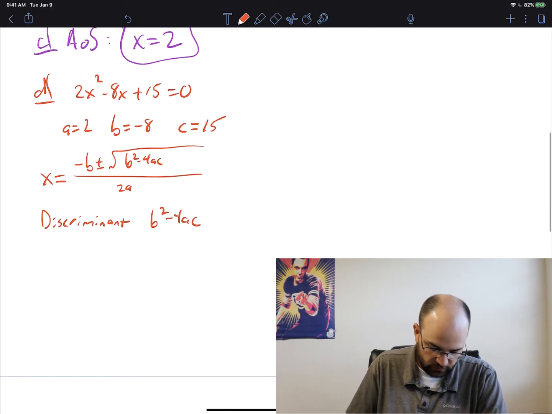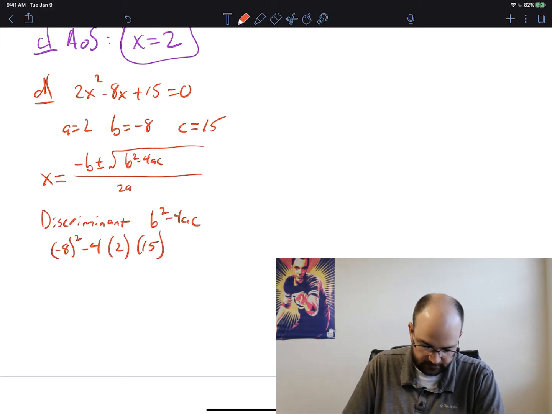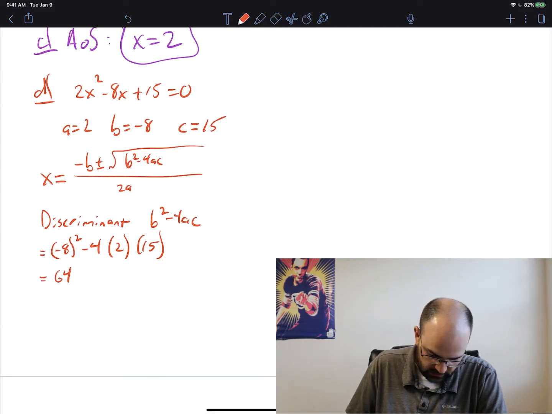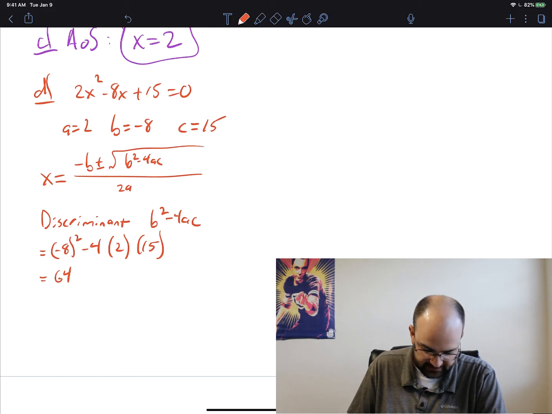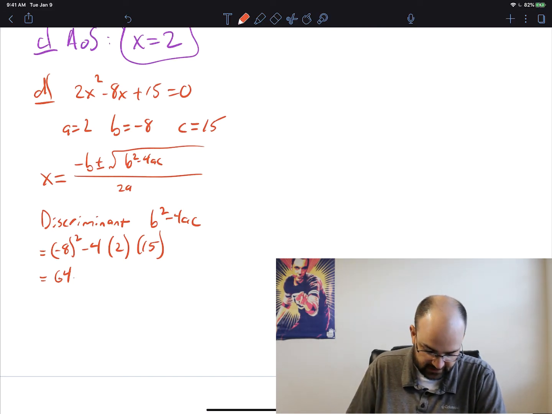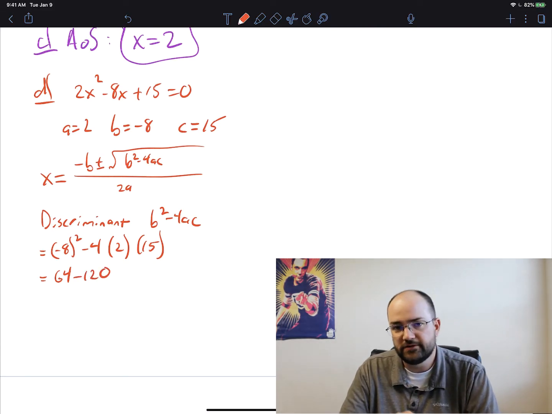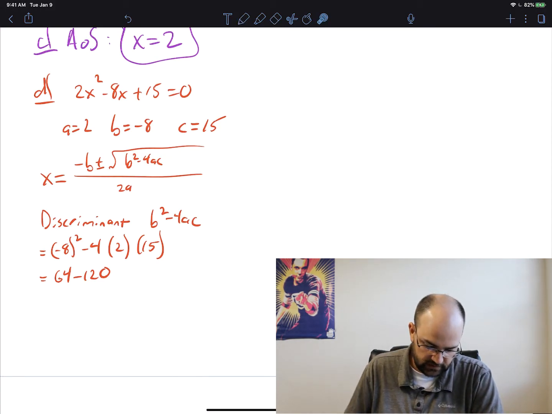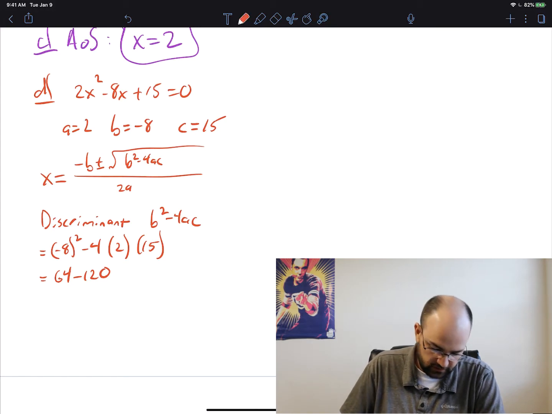So if I was to figure out what b squared minus 4ac is, I'd have negative 8 squared minus 4 times 2 times 15. Well, negative 8 squared is 64. And negative 4 times 2 is negative 8. Negative 8 times 15, I don't know, but 15 times 2 is 30. 30 times negative 4 is negative 120. So sometimes notice how it's a little bit easier to do multiplication in one way or the other. 64 minus 120